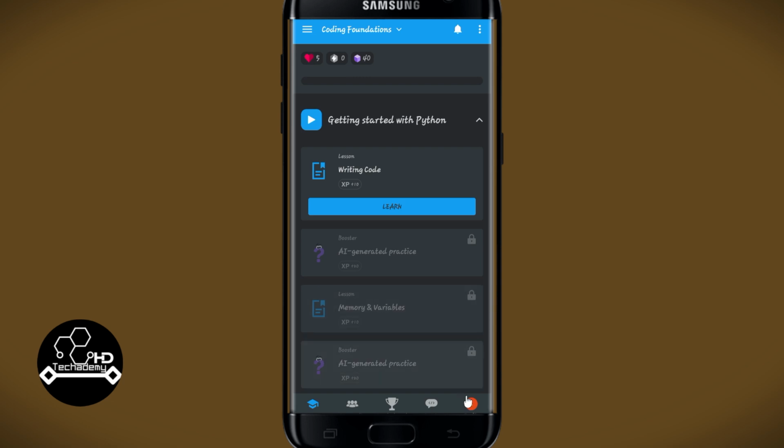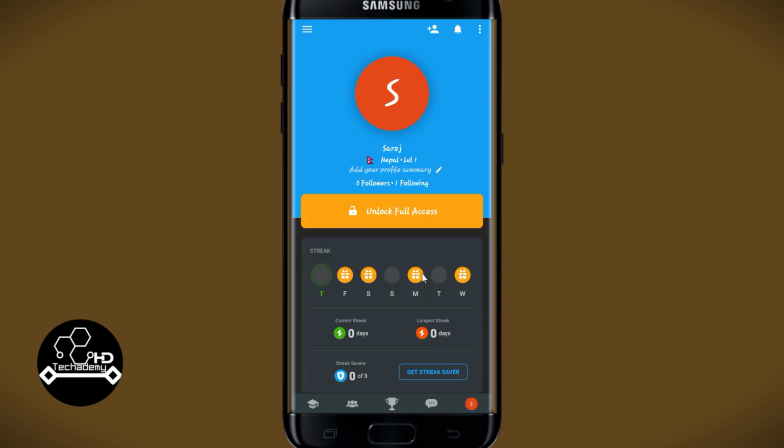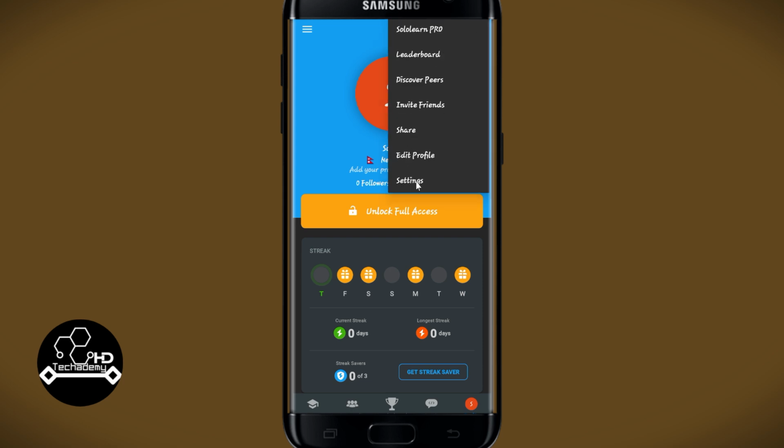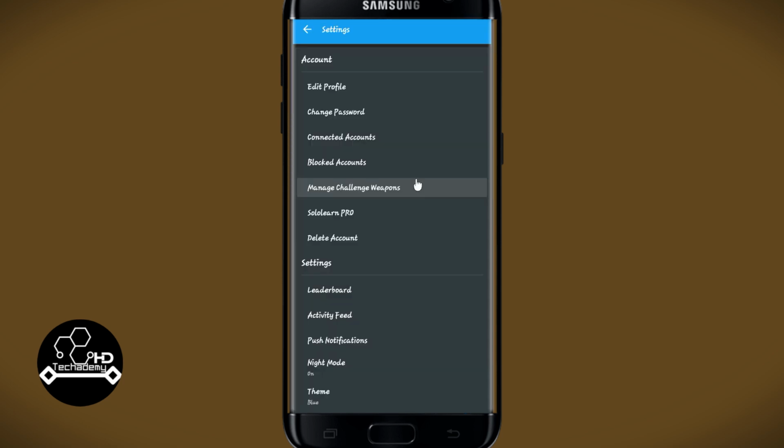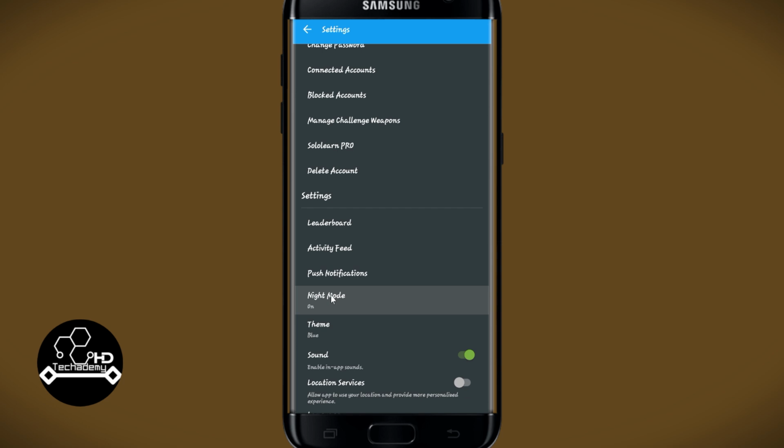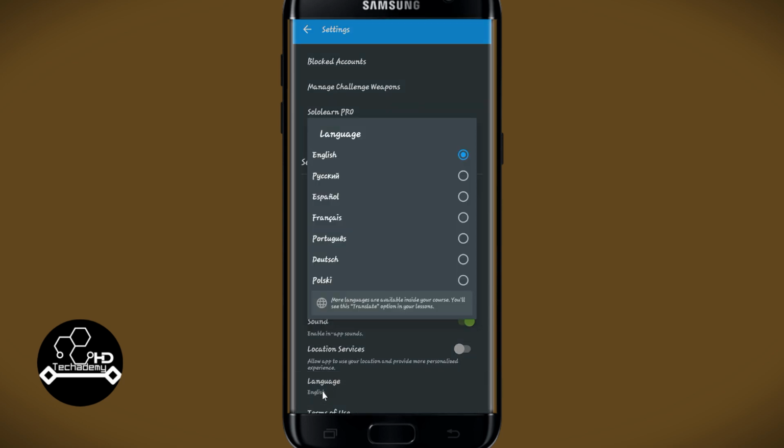Now, if you wish to change the language for the app, tap on the profile icon at the bottom right corner and tap on the three dots at the top right, which will show you the settings button. Go ahead and tap on it and then scroll down until you see the language button. Go ahead and tap on this, and now you can choose from the list of various different languages that are